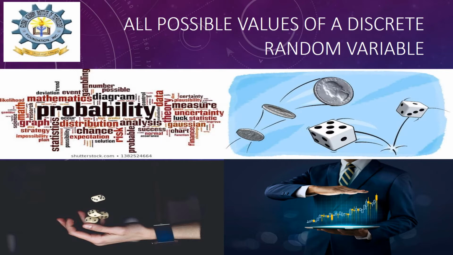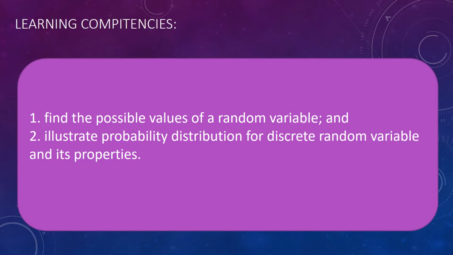Okay, last week we discussed random variables and their types. We have the discrete and the continuous. Today we will be talking about all the possible values of a discrete random variable. Before that, let's have first our learning competencies in today's discussion. We have: find the possible values of a random variable and illustrate the probability distribution for a discrete random variable